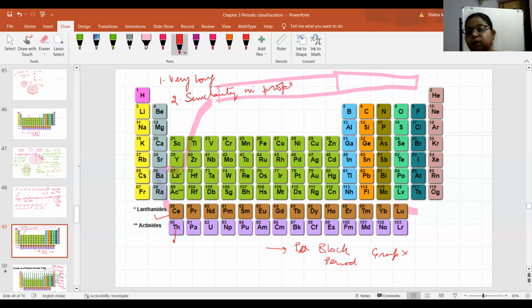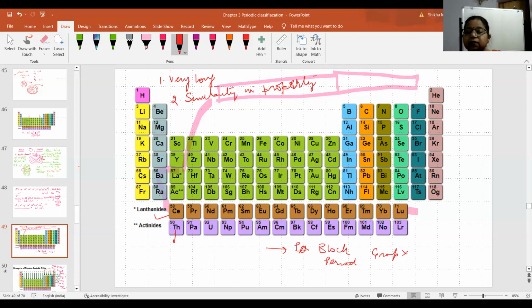This is again an important 2-mark question. The first one we usually forget. We don't remember that because the very long form becomes a feature of the periodic table, right? So there are 2 reasons. If we place them in the series as they are, the periodic table will become unmanageable, right?